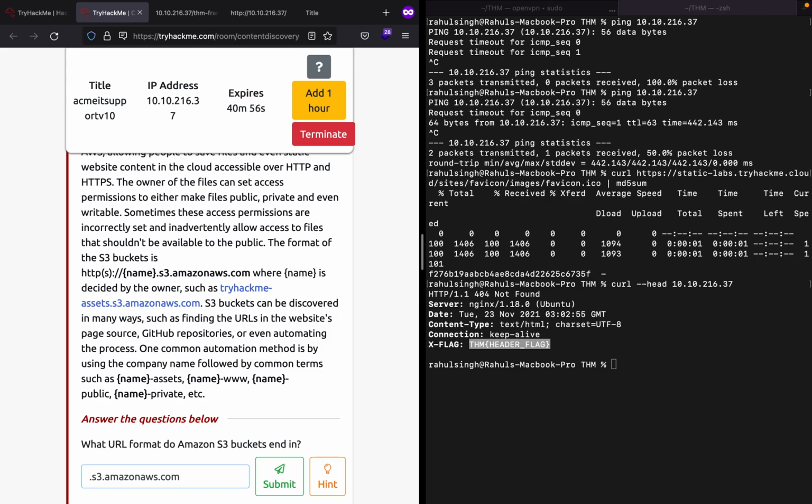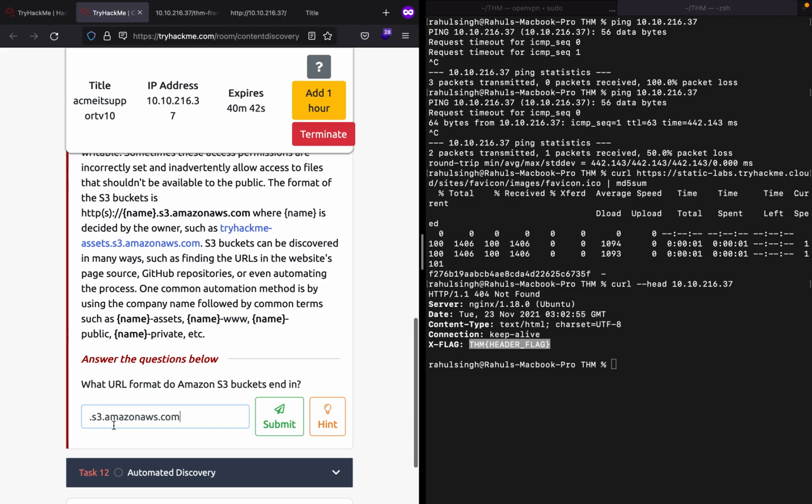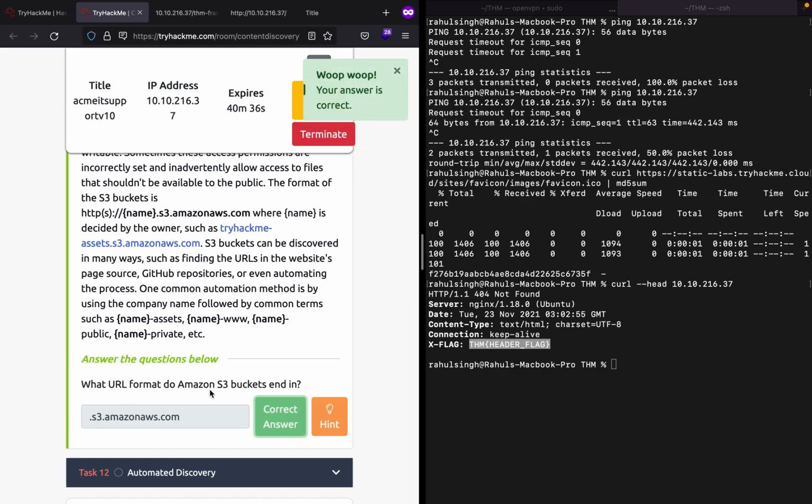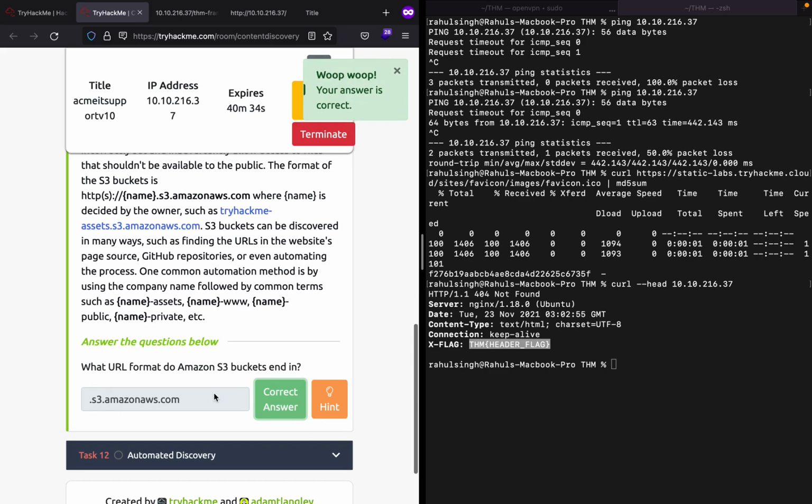But sometimes what does happen is people make misconfiguration errors, or misconfigure websites, and this gets them into trouble. So S3 is generally a type of bucket system where you store data. So what URL format do Amazon S3 buckets end in? It is just .s3.amazonaws.com.